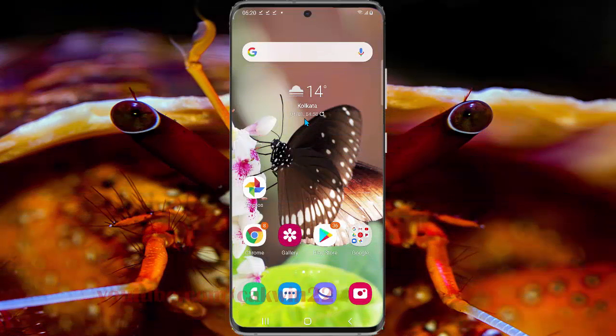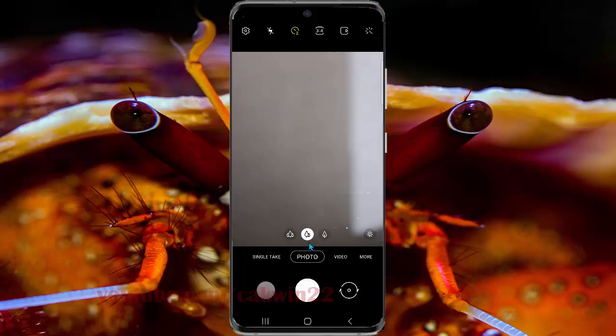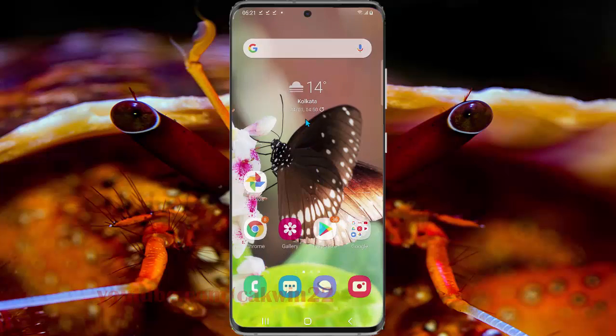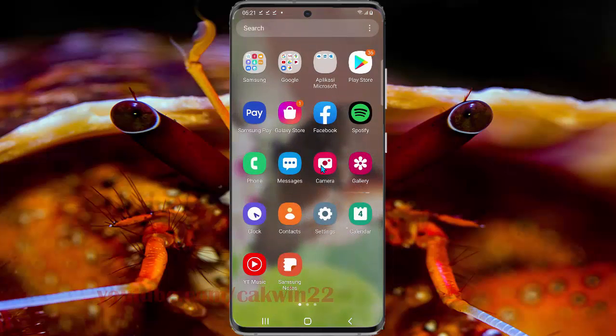To turn on or turn off Bixby text reader camera in Samsung Galaxy S20, open camera app. If you use defaulting, you can open from home screen, tap camera app icon, or from app screen, swipe up or down home screen to access the app screen, and then tap camera,